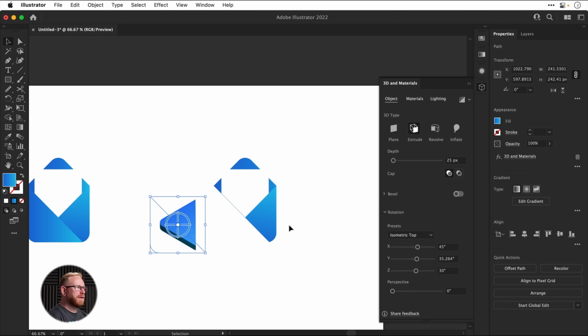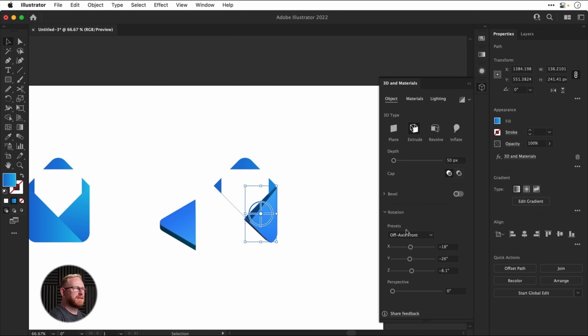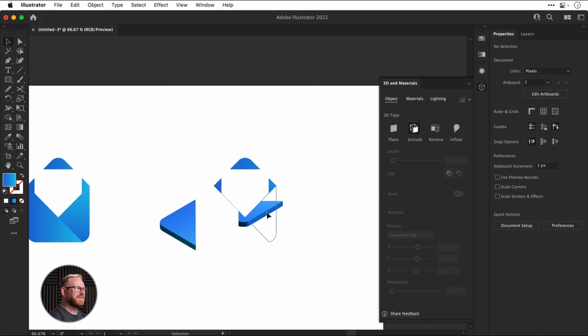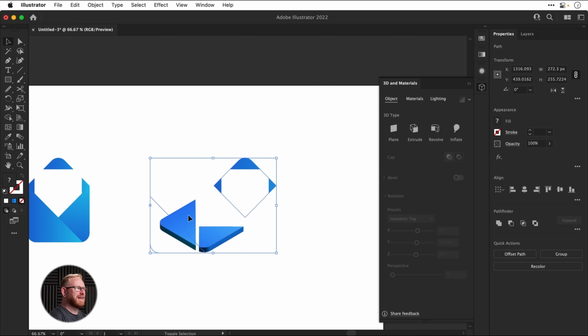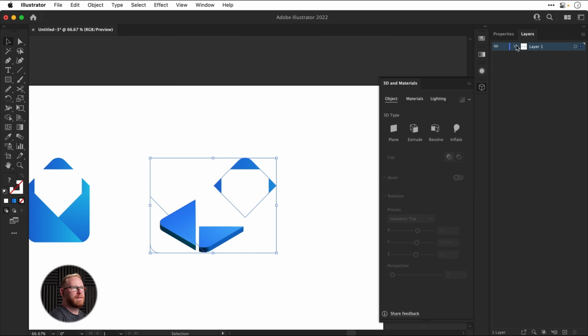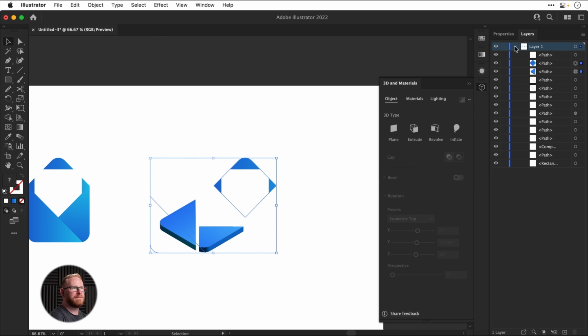And there we go. Now I could go through and do the same thing again. Extrude, Isometric, 25. It's not too much hard work, but if you've got lots of things that you want to do this to, it's going to get very, very laborious. So what we can do is select a couple of shapes, one that has the 3D effect and one that doesn't. And from the layers panel, I can expand this down